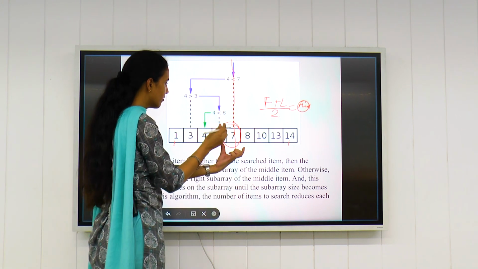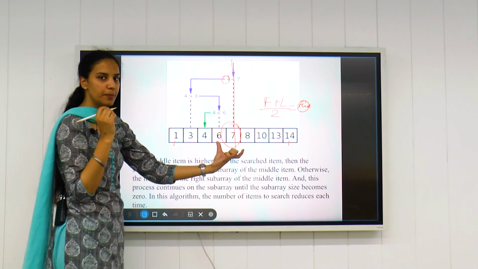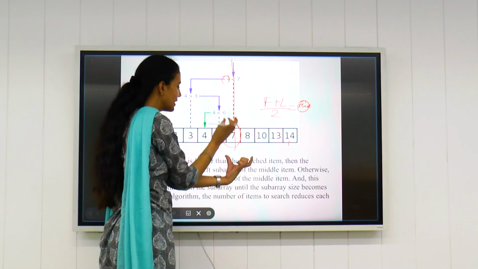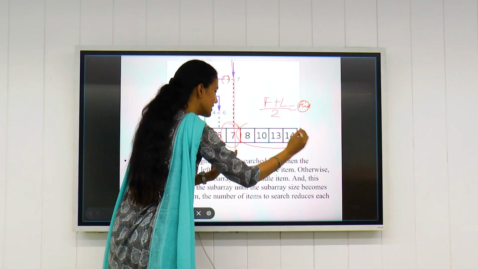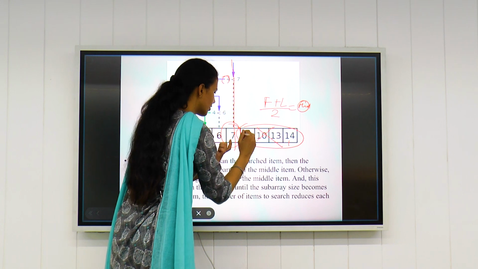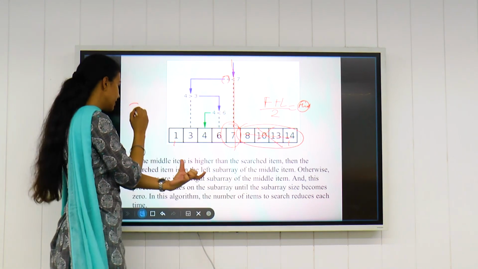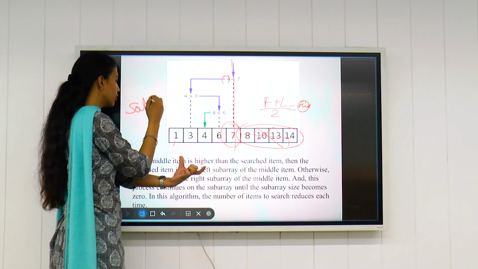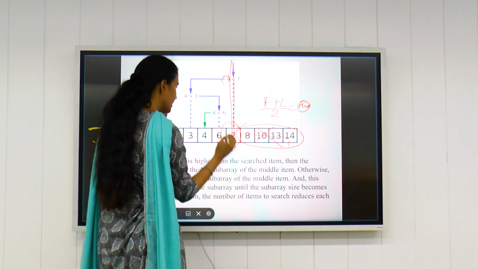Suppose we are searching for element 4. We know 4 is smaller than 7, so this part of the list is cancelled. We need not check this because we know our element does not exist here, since binary search can be performed only on a sorted list. So we'll check only this list.